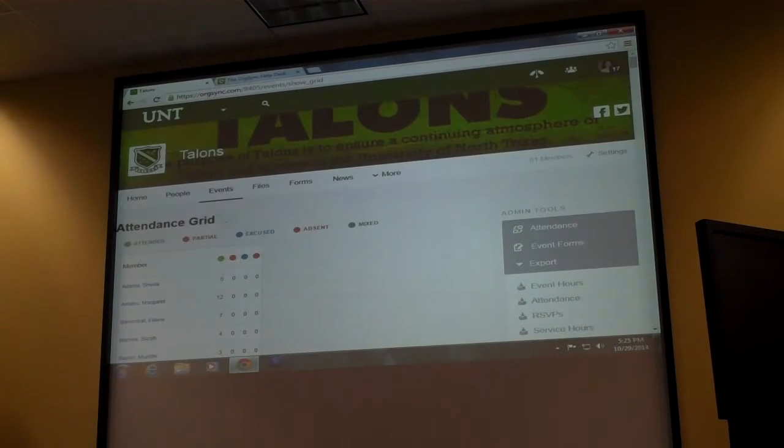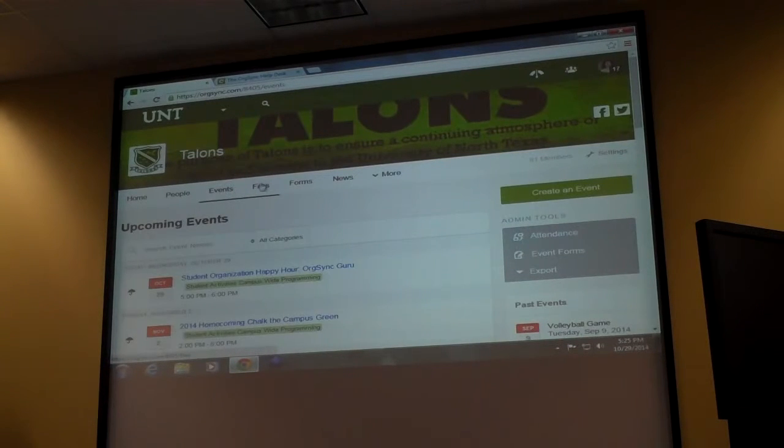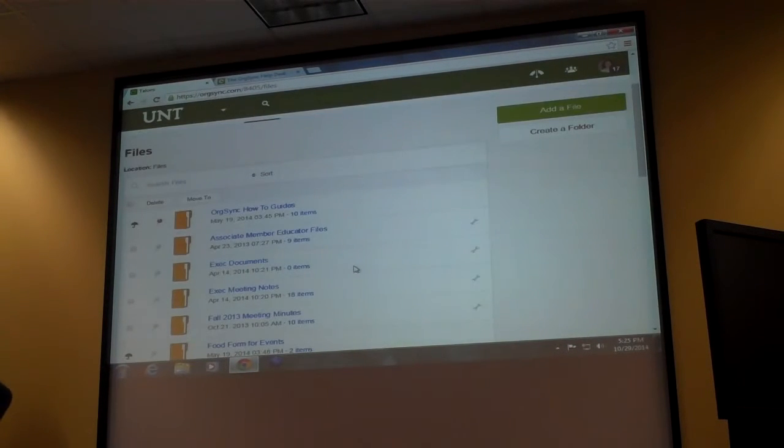Files. Oh, any questions about events? That's pretty self-explanatory. Okay. Files. Think of files as not editable. So these are basically documents that your organization has that are important that you want to make sure get passed down from year to year. We have so many people come to us saying, I don't know where my constitution is, we can't find it, or last year's officers didn't give me any paperwork, I don't know what